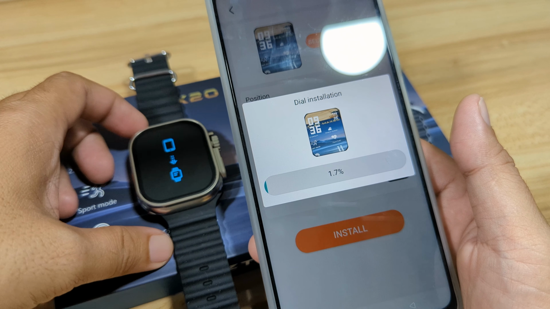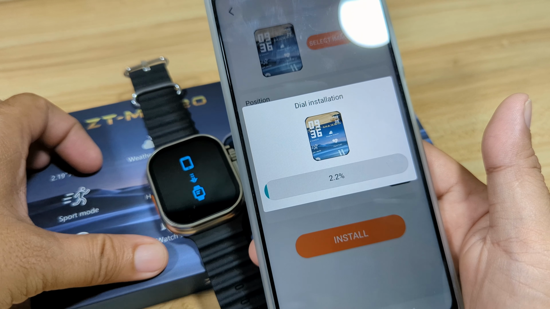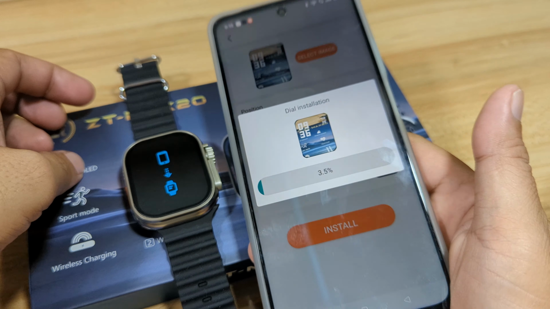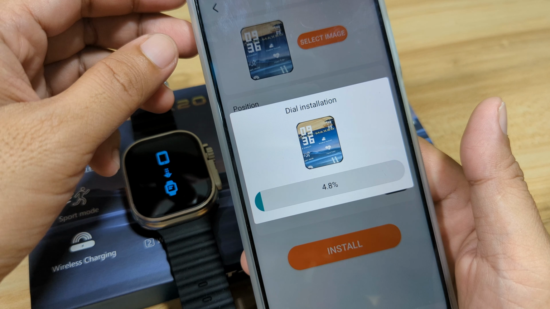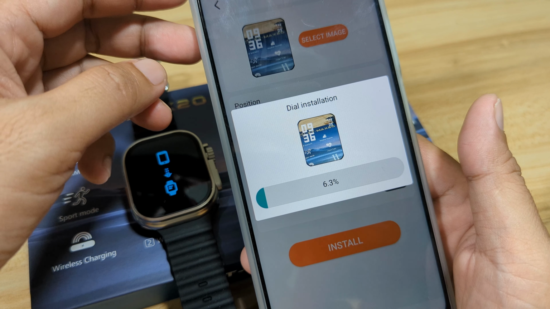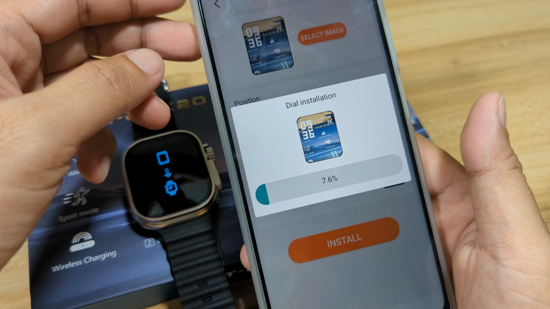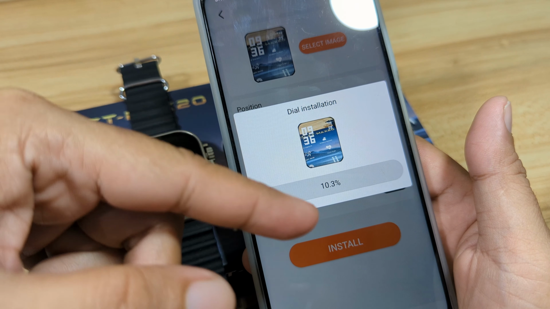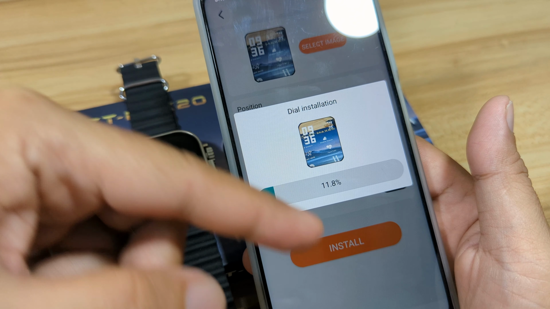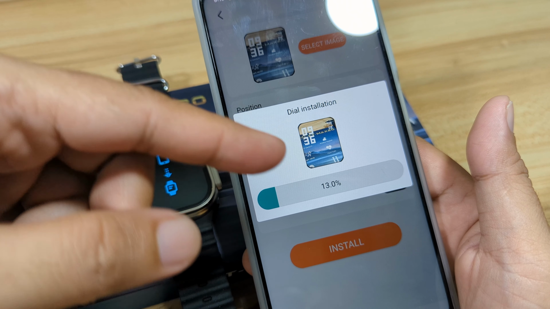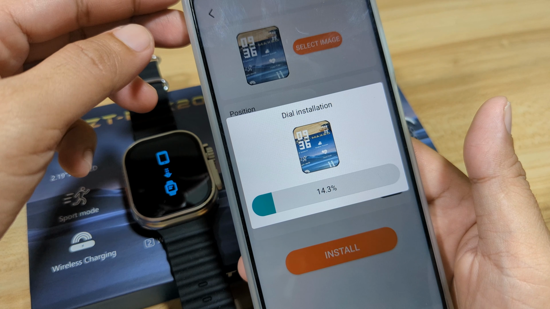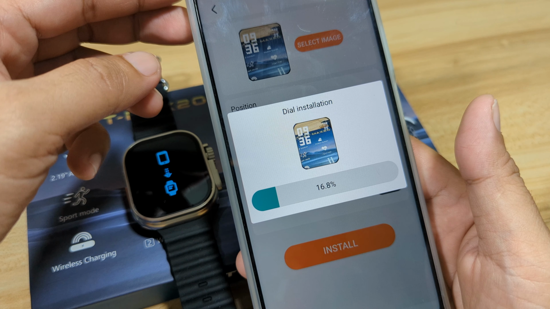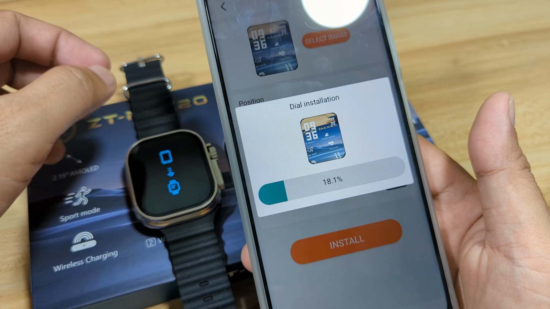And of course, our conclusion for the ZT Max 20, it has disappointing connectivity with the support app, especially in the section of watch faces. So this custom watch face, we don't need an internet connection for this, but still it is very slow in downloading the custom dial for our watch face.